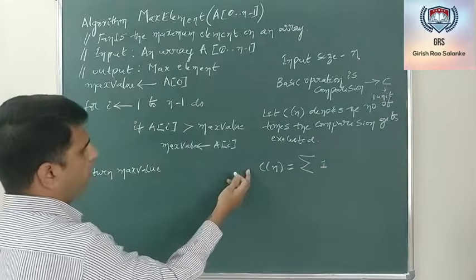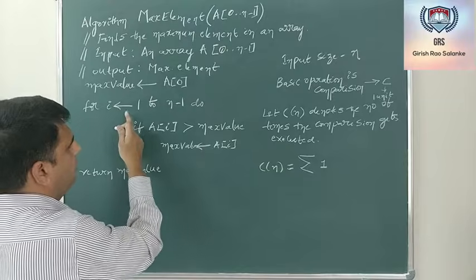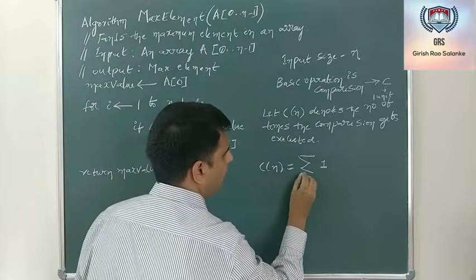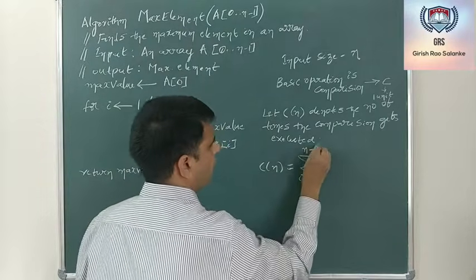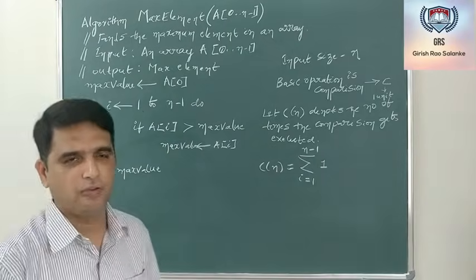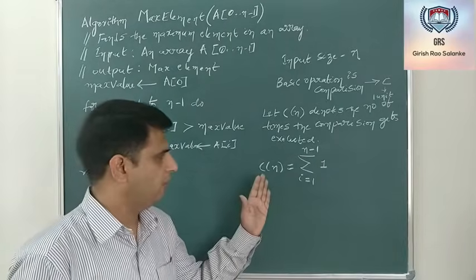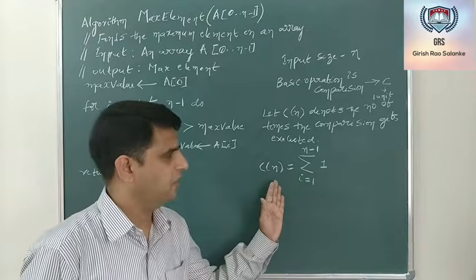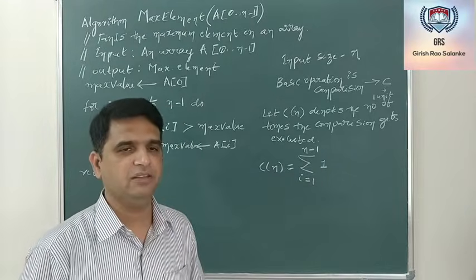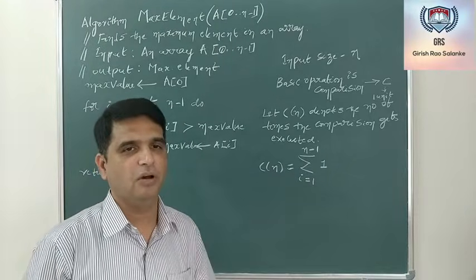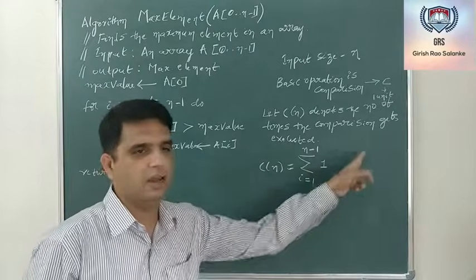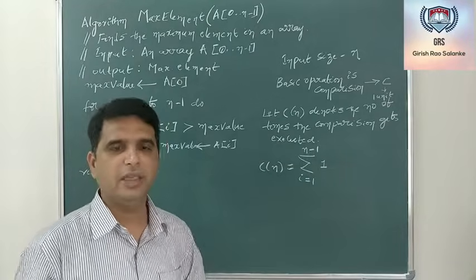And what is the lower bound and the upper bound? The for loop is being executed 1 to n-1 times. This is i is equal to 1 to n-1. Now we are done with step 4. Step 4 is we need to come up with a sum which expresses how many times the basic operation gets executed. What was the last step? I need to solve this particular sum to get the time complexity.